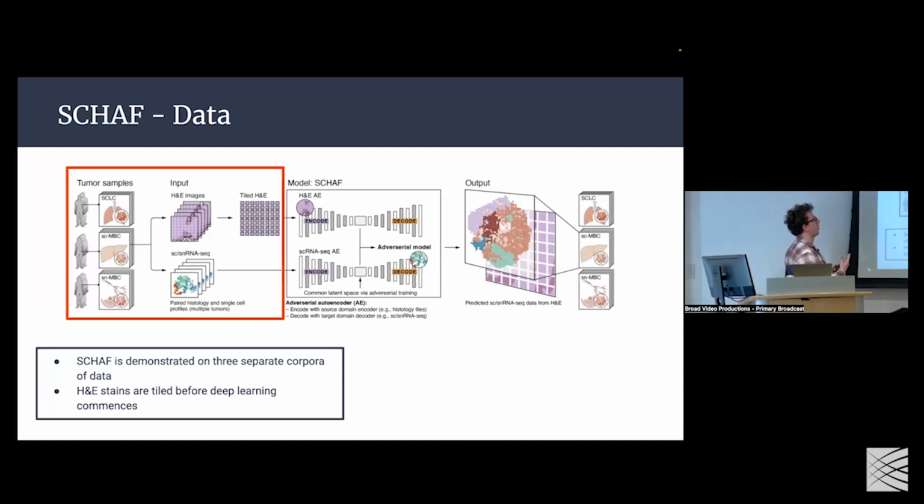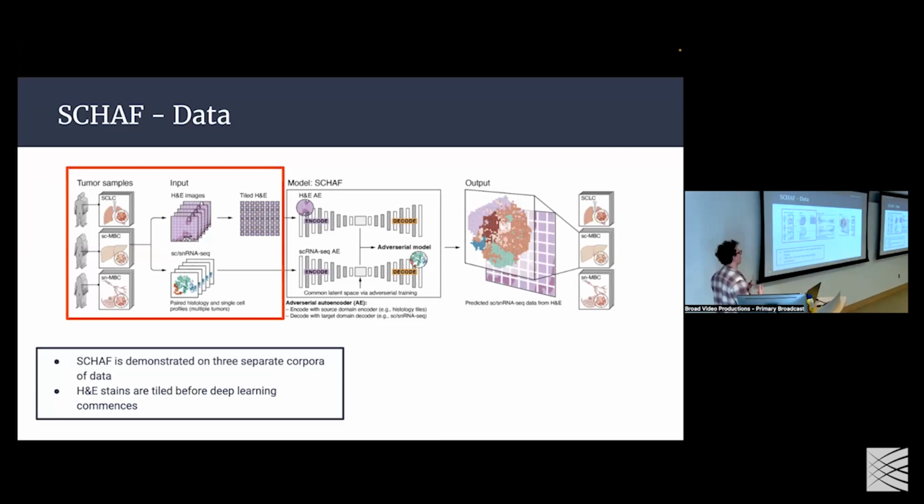again, we consider all 3 of these corpora to show that the model is robust to different types of data settings. Lung cancer has approximately 24 patients. I believe that both of the metastatic breast cancer corpora have roughly 8 patients. So that's the data setup. And for our actual model, the first thing we're going to do is take a histology stain like we see here, and we'd like to first get these single cell-ish types of representations from these H&E images.